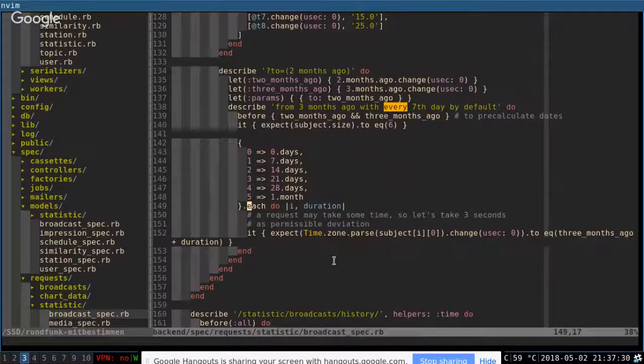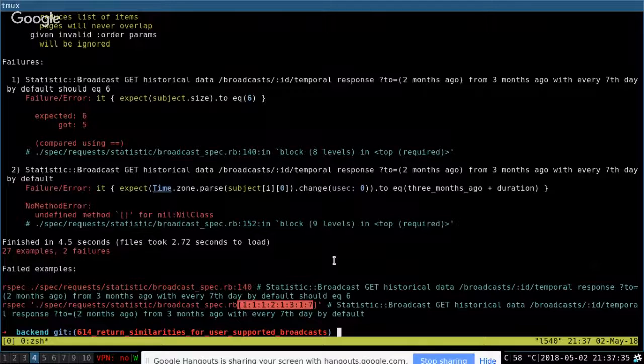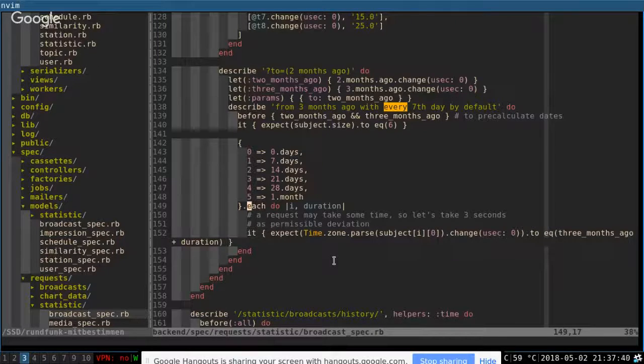Ah, okay. It's undefined method. It's failing on line 152, right here.